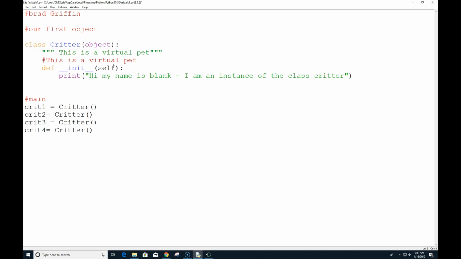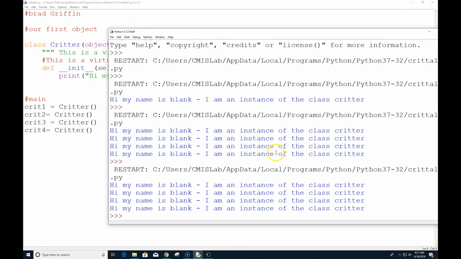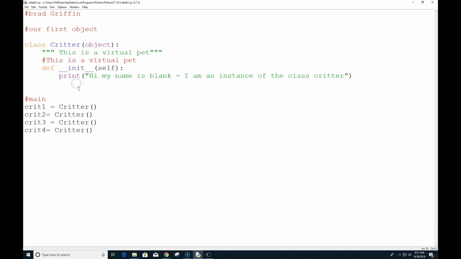I am looking through squinty little itchy watery eyes today, which makes it more fun. I love allergies. So now we run this, and in theory, let's see what happens. Oh, I didn't do anything other than create it, and it actually runs this. So this is a way to run something the minute we construct an object.